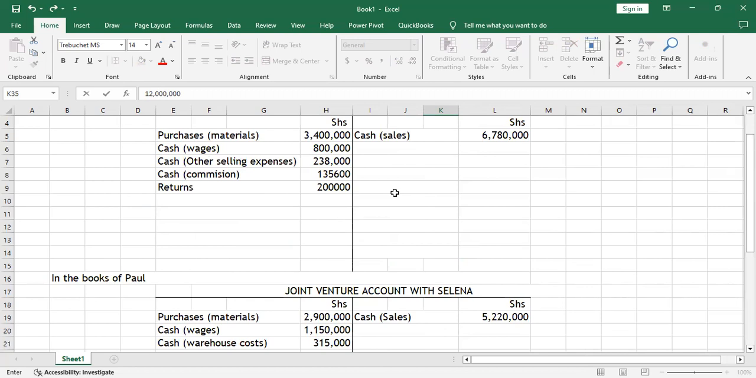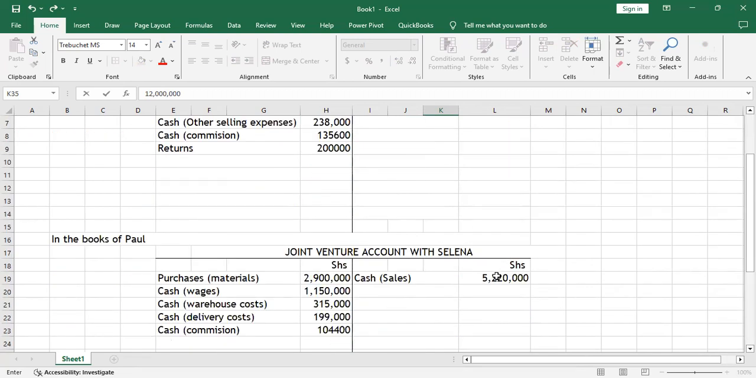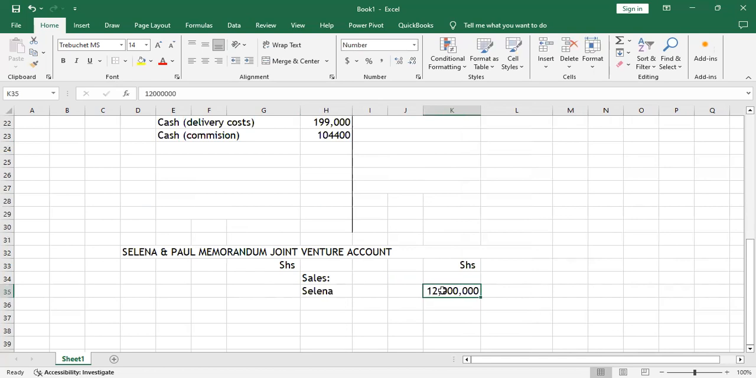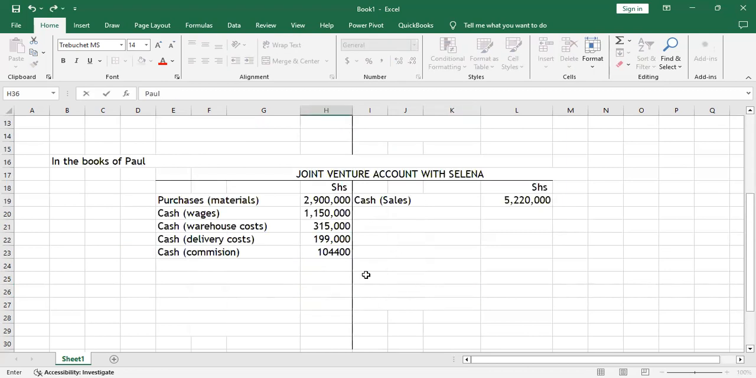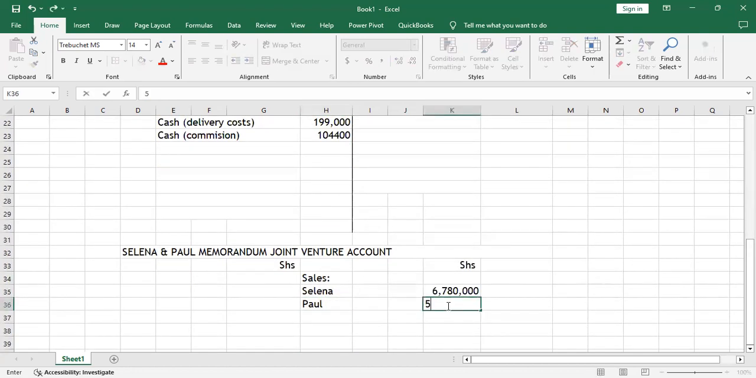Selena's sales amount to 6,780,000. That's the sales of Selena. Then you also have Paul with 5,220,000. Those are the sales of Paul and Selena. So we enter them in the memorandum joint venture account, on the credit. Then on the debit,